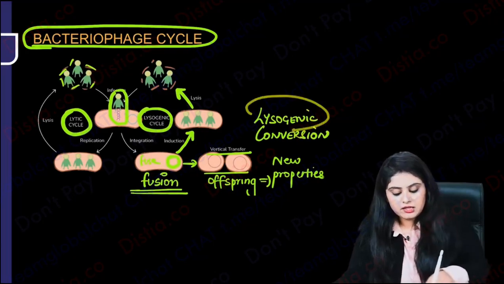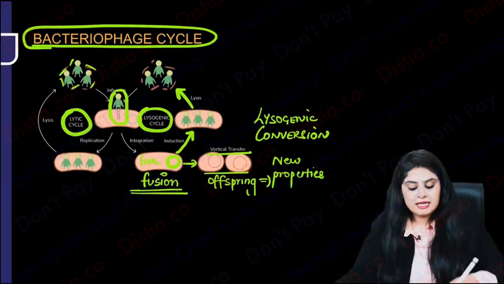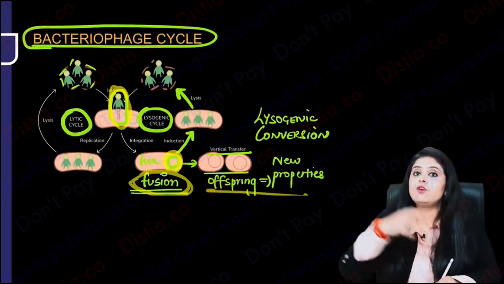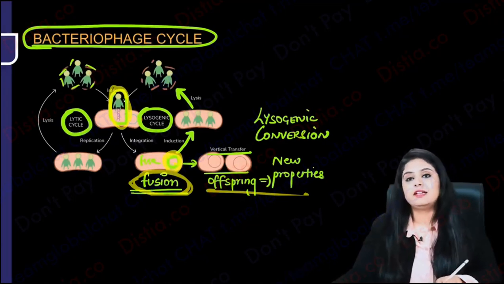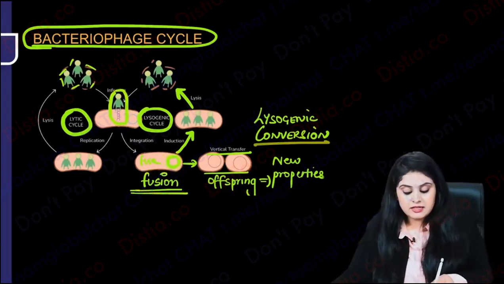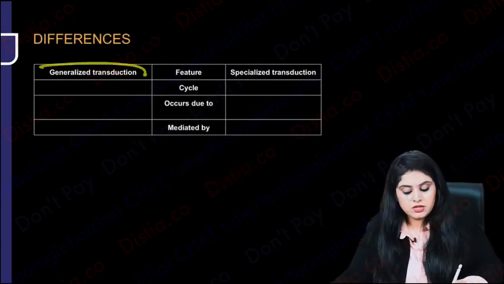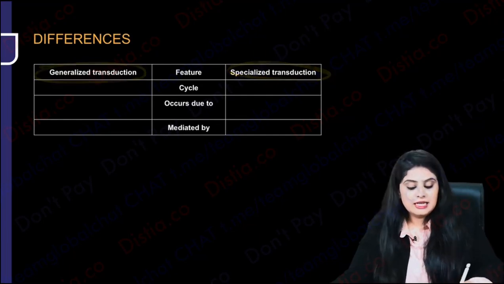So what is lysogenic in simple words? Lysogenic is fusion. This bacteriophage DNA and the donor DNA end up getting fused and then end up going in the fusion form to the future bacteria. That is lysogenic conversion. The bacteria are getting converted with new properties. So now if I have to differentiate between generalized and specialized transduction, can I say generalized